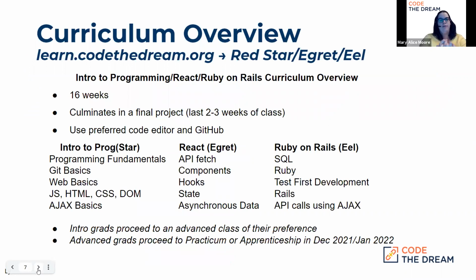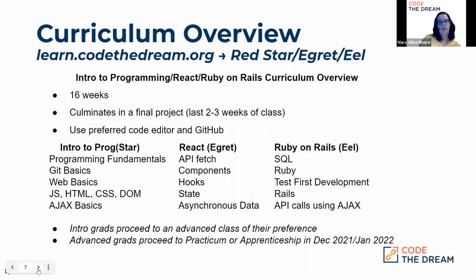So for a curriculum overview, all of our curriculums are available at learn.codethedream.org, and then you would select the appropriate class from there. The curriculum for those particular classes has not been published on the website yet, just because we wait until right before student orientation to get that up and running. But we do have previous courses on there. Particularly, we have Red Comet and Red Eclipse, which are synonymous with the Red Star class, if you wanted to take a look to see what the intro to programming curriculum has been like. And then we have Red Koi, which is comparable to EEL.